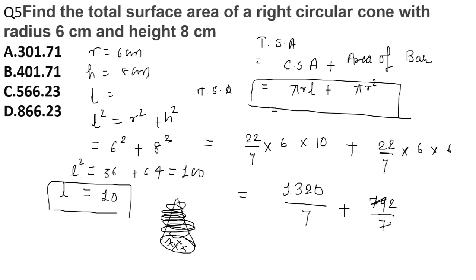Yes, let me check once. Yes, correct. So here, this is going to give us 301.71 centimeter square. Got it? So the correct answer for the given question is option number A. So here we have tried to understand the question based upon the cone. Okay. So a few more formulas that I want you to note down will be,